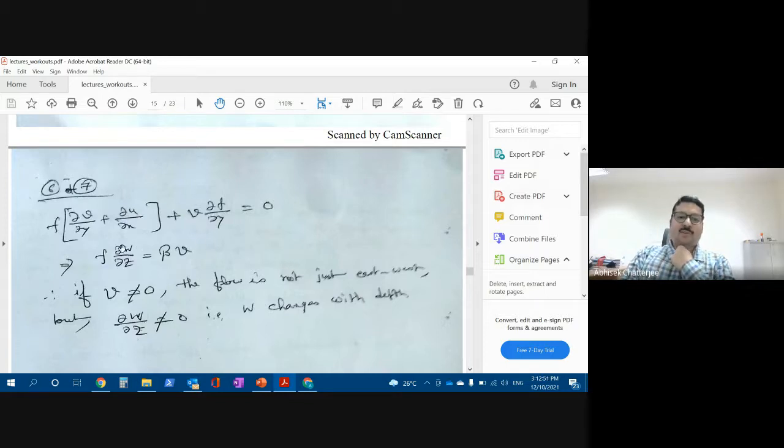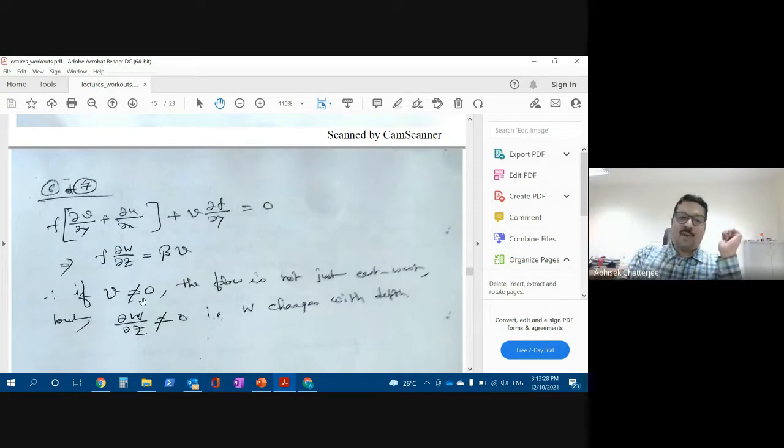So right now, because there is a beta here, my del w del z is no longer equal to 0. So we have a beta v here. So f del w del z equals beta v. Now it suggests that since beta is non-zero, if v is 0, then anyway w will be constant. But we are assuming that u and v are non-zero, right? If v is 0, basically u is also 0. Otherwise, v is related to p. V is 0 means p is 0. P is 0 means u is 0. So everything is stable. There is no motion.